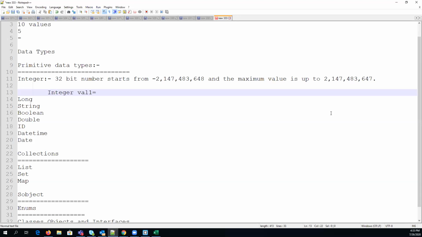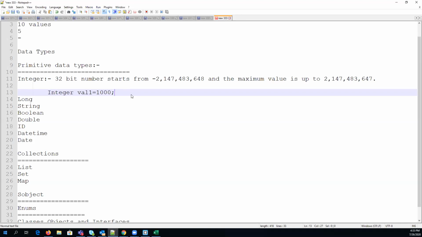Assigning the value is optional: you can assign it in the first place, or assign it after declaring it in your business logic. We'll also discuss some access specifiers later on that we need to use before the integer keyword, but this is the syntax that you will use. The semicolon is basically to terminate any expression, any kind of line, so you can also call it a line breaker.